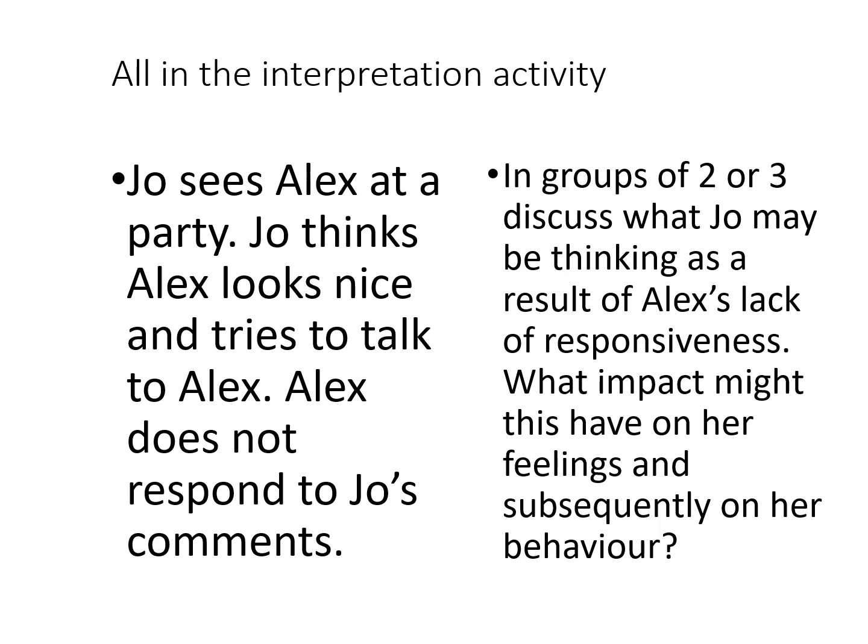Now, you could change the gender there, which I have done frequently, but the idea here is to think about why, for example, Joe may approach Alex, what she might be thinking and what she might be feeling when Alex appears ostensibly to be ignoring her. So what would she be thinking as a result of Alex's lack of responsiveness? So I usually get people to do this at tables if they're in groups or smaller groups, 2 or 3 people discussing this at a time. And the idea here is to think about the impact on her feelings and subsequently on her behaviour.